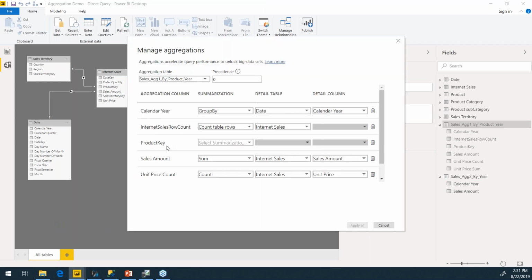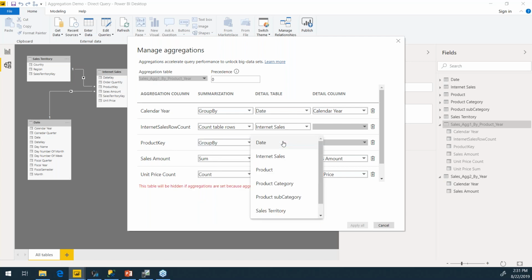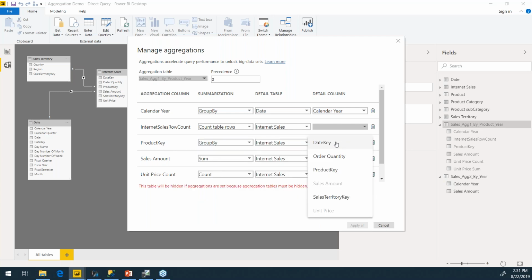and go back to the product key, now remember, I don't need to do this so that it's able to answer queries by product. But if I set it up, it's going to do something. If I say, whenever you're trying to count the product key, distinct count in internet sales, you can use the product key from the aggregation, because remember, distinct count is the same thing as a group by. If you ever write SQL queries, you know distinct versus group by, they're the same thing.